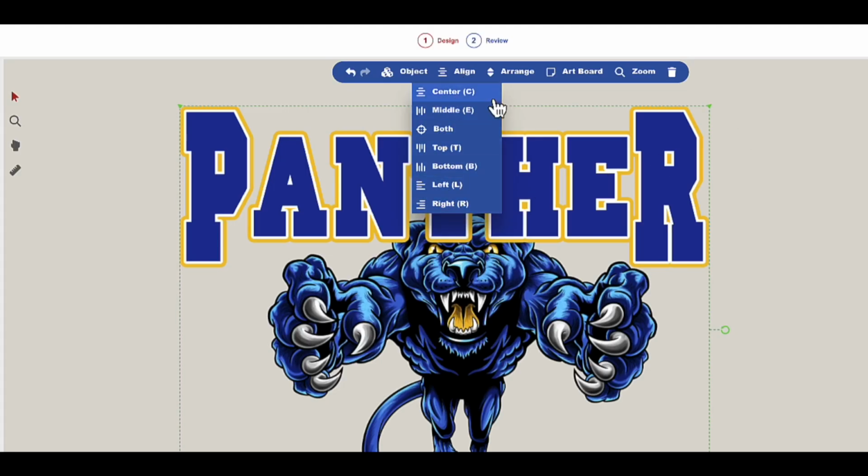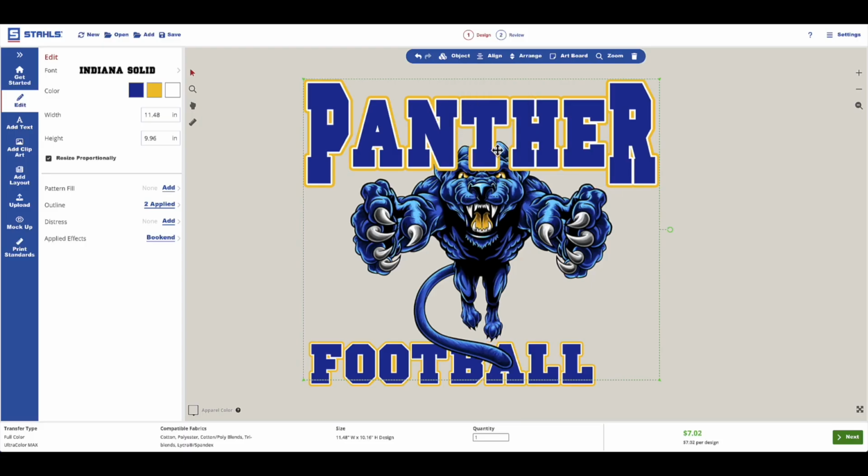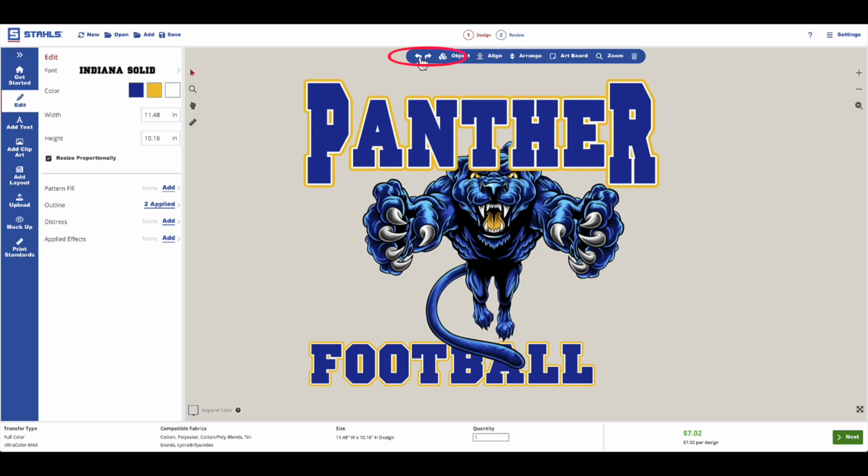Right now what I think we'll do is let's just go ahead and align the center. It aligned the Panther clip art here with the Panther word, and that's it. If you notice, the football word is totally out of whack because I didn't hold my shift key and select it, right? So if we hit this little undo button here, that's just going to go back to the way